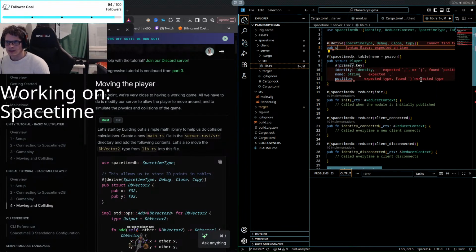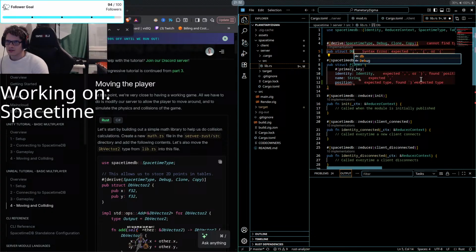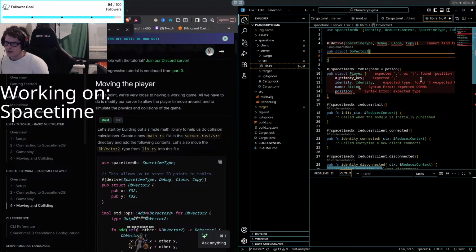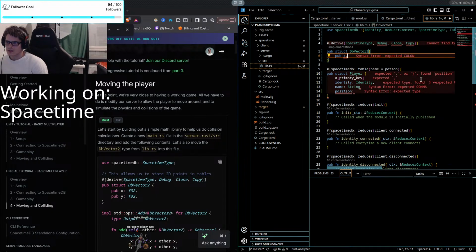Public struct DbVector3, and we're going to have public x f32.